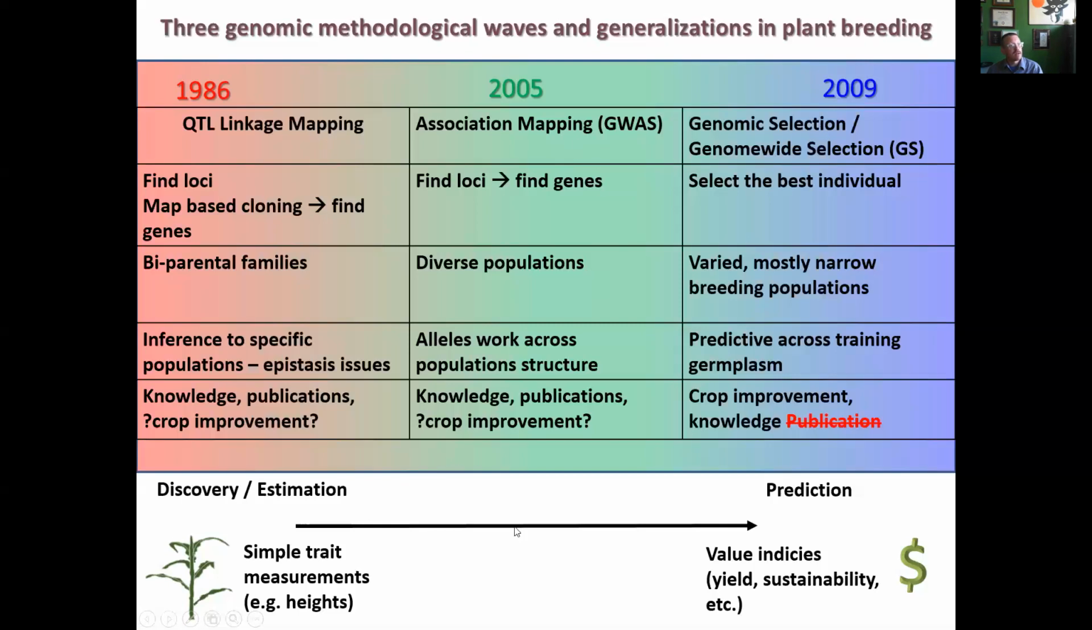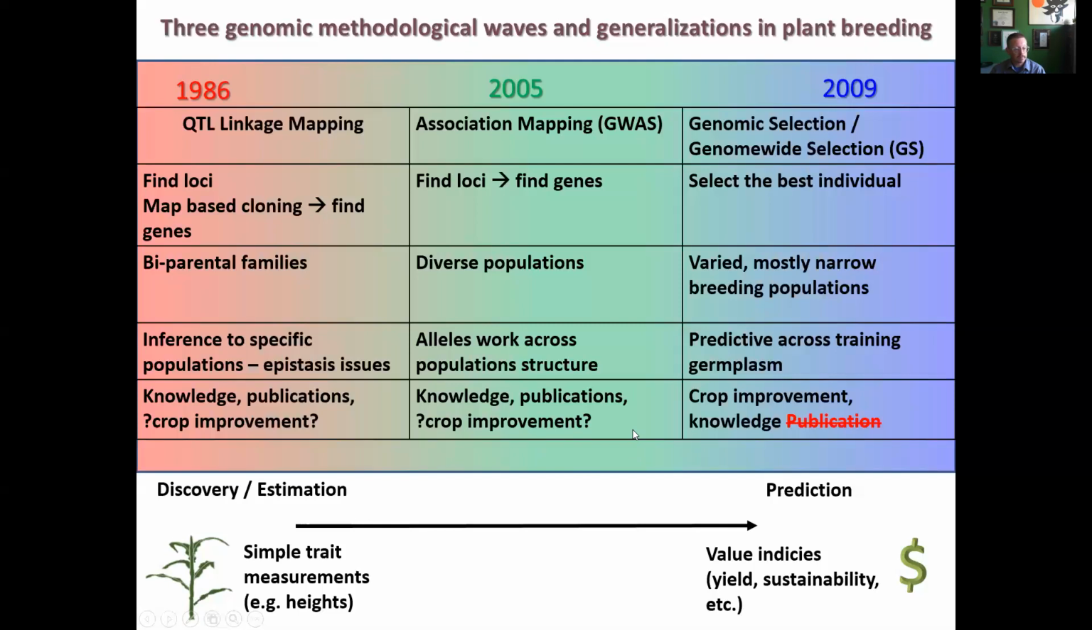Now, one of the huge advantages of GWAS from my breeding perspective is that the alleles that you discover actually work across population structure. That is, if you discover them in one population, they're much more likely to work in another population than in QTL linkage mapping. And then I think what we've often found, though, is that in the end, a lot of knowledge is developed, a lot of publications are published, but the actual application of crop improvement maybe hasn't quite been as great as